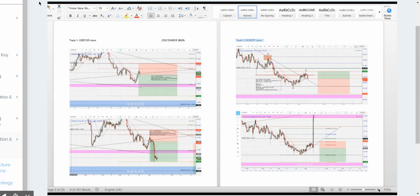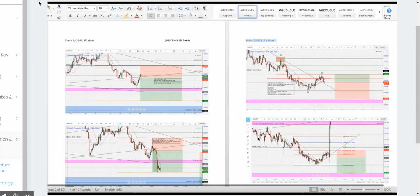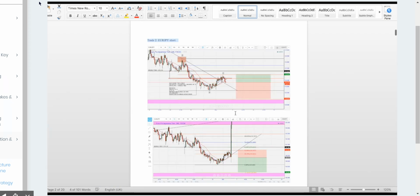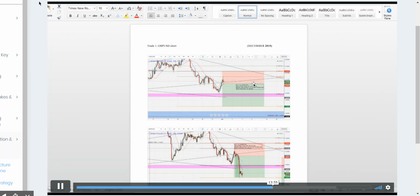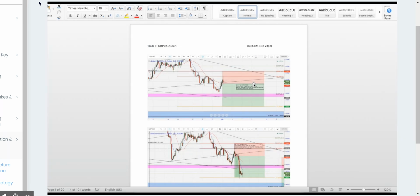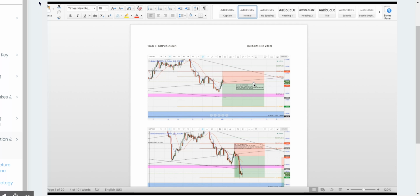Firstly, this is his GBP USD. He's got his fibs on there, his key levels, he's got his risk reward tool on there, which is going to be an absolute must for every single trade setup you go through. Put your risk reward tool on there. This is how you do it properly. He has his A, B, C Fibonacci after